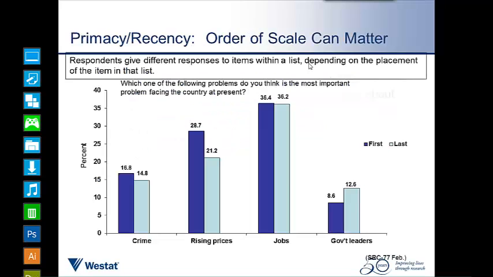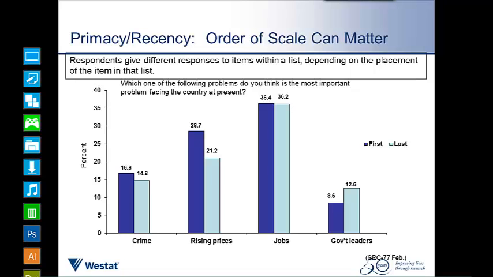The next area that can arise, source of error, are primacy and recency effects. So we talked about context effects, about the order of the questions impacting how people respond. Primacy and recency has to do with the order of the response options. The order of the scale can matter in how people process the information. Primacy